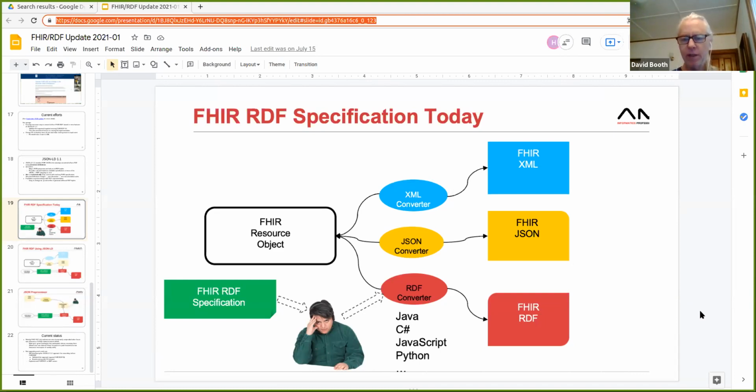This first slide is illustrating the way the FHIR specification works currently, before using the technique that Harold is going to demonstrate that we want to switch to. So at the moment, on the lower left here is the FHIR RDF specification. That person thinking there is a programmer